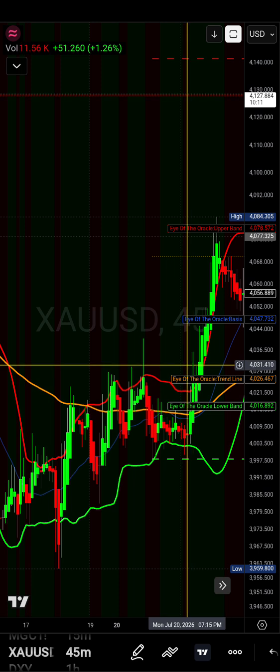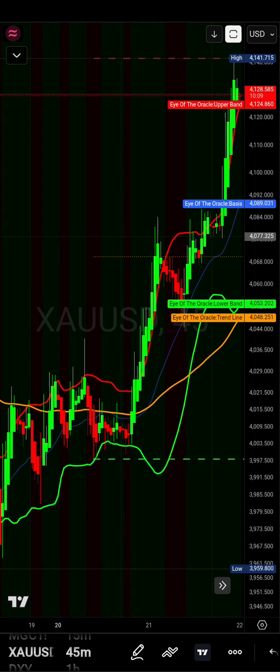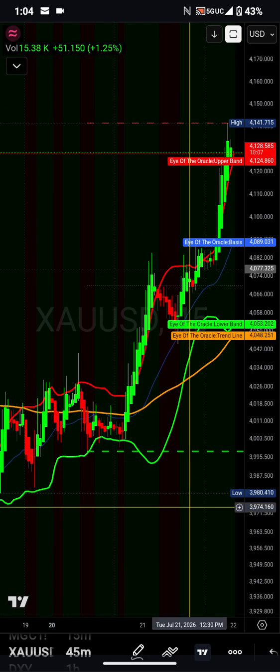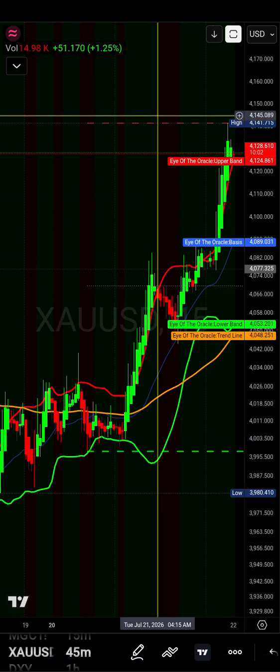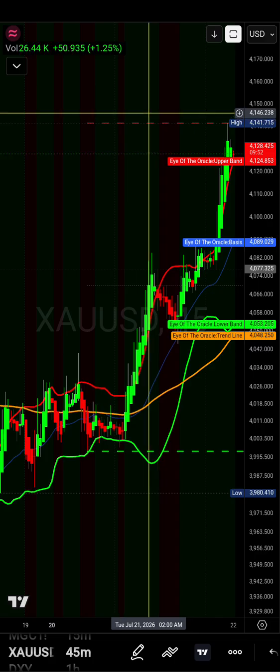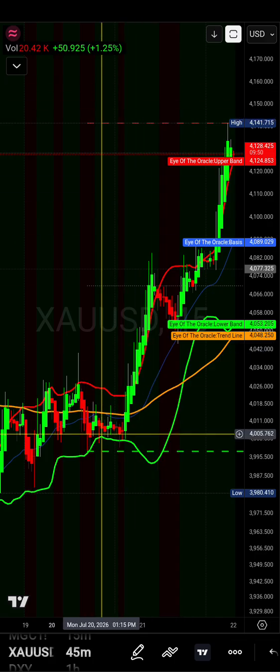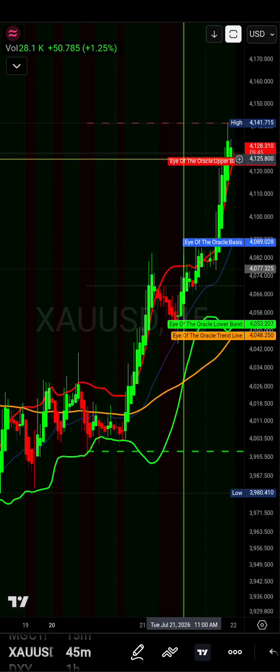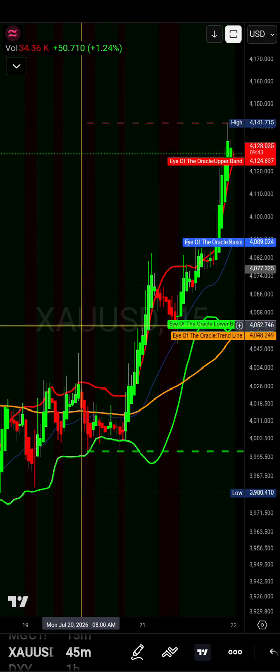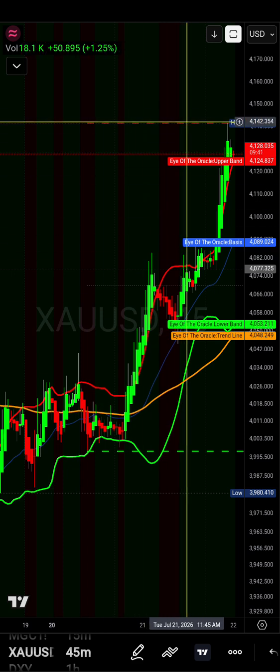Now a lot of people also want to know what these red and green lines are on my screen. This is support and resistance, or in my case, supply and demand, because these lines are set to look for liquidity. So with these lines, you've got to try to obey them a little bit too. Price comes down to this green line, it's going to buy. That's why it's green. Price comes up to this red line, which was in different places as price moved, it is going to tell you to sell.